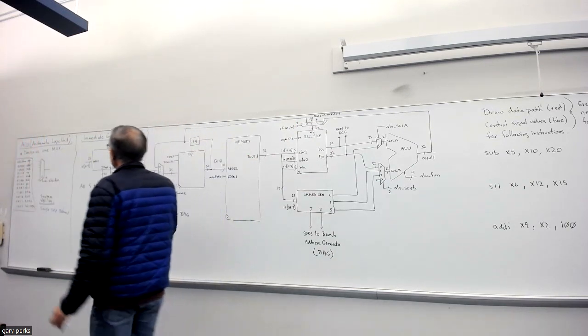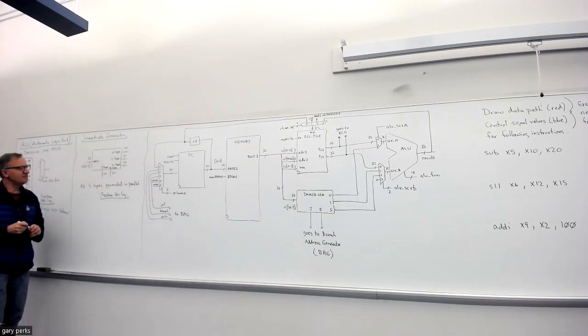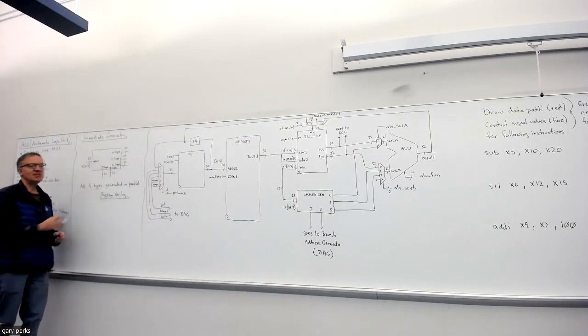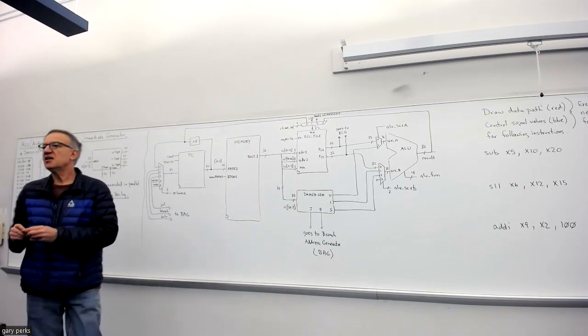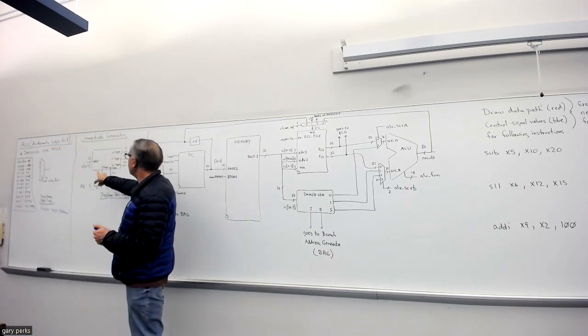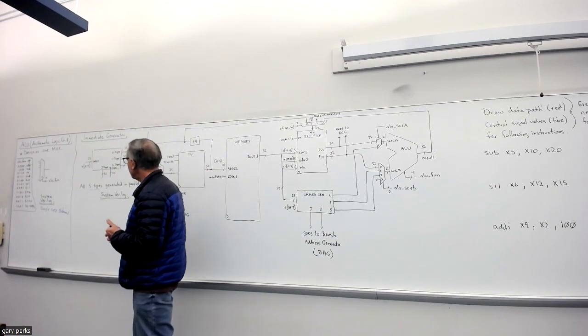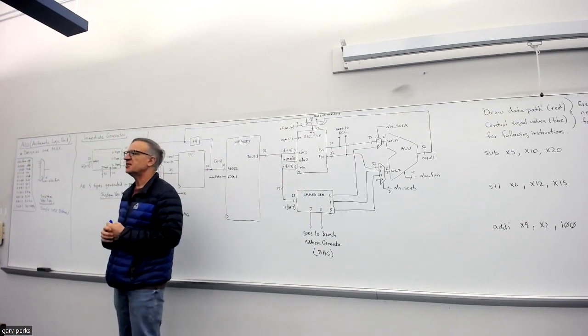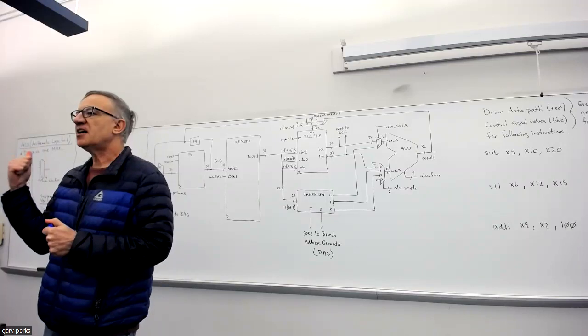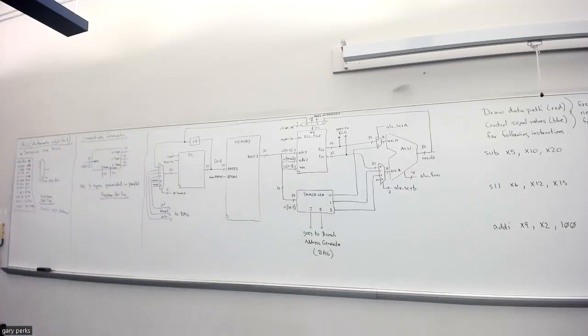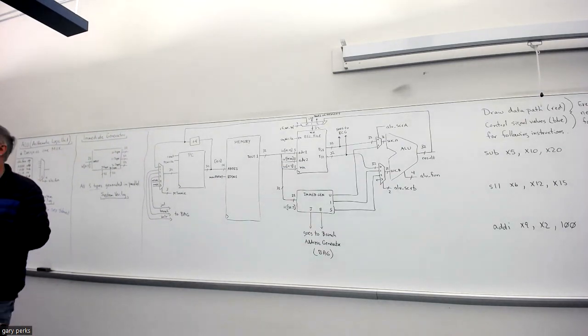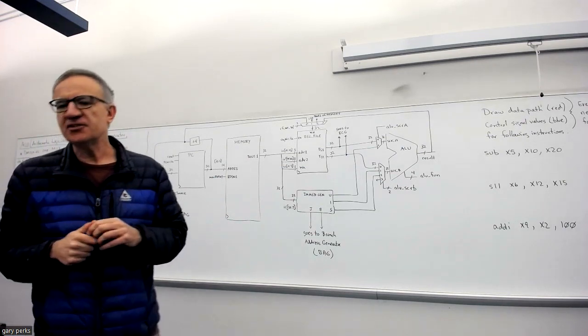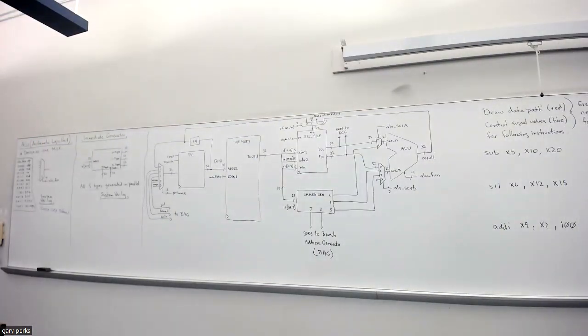Okay. Now, there just happens to be 5 different types of immediates. And they're just labeled with letters here. There's U type immediate, I type immediate, S type immediate, B type immediate, and J type immediate. And depending on the type, the way that that value, that number, is created is different. Okay. So on your table, every person should have a page. I think it's titled